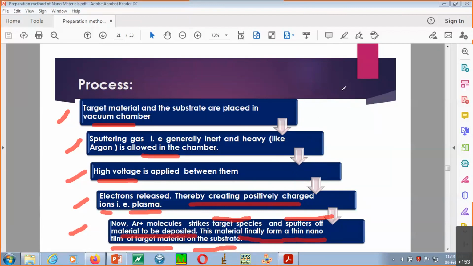Just keep in mind, again I am repeating, instead of a laser source, this time we are using the positive charge cloud or positive charge ions, basically referred to as plasma. With the help of that, we are doing the same activity that we did with the laser. So it is clear that this process is also